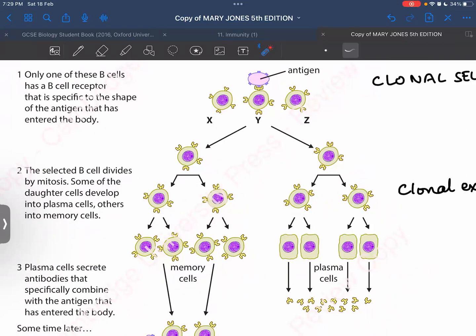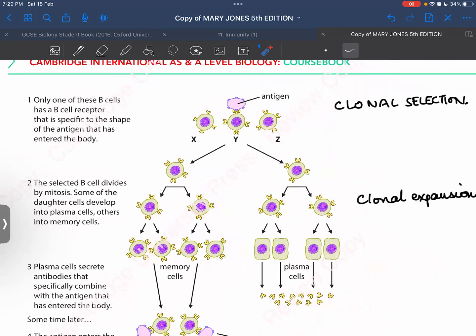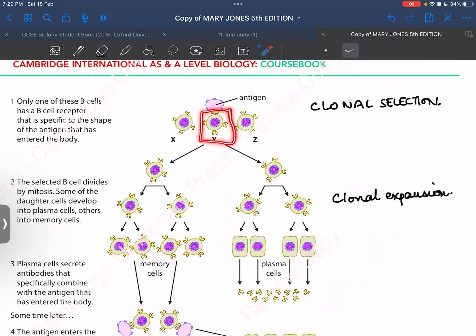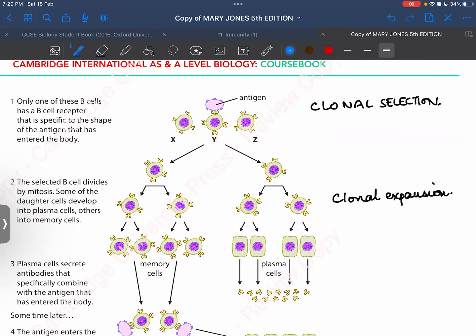तो ये वाले जो B cells हैं, they are selected and they are developing into plasma cells, और ये वाले जो B cells हैं वो memory cells में develop हो रहे हैं। तो हम ये कह सकते हैं कि at this stage, ये वाली जो stage थी ना जिसमें हमने selection की थी, तो it was a clonal selection, क्योंकि यहाँ पे तो एक ही cell दिखाया है ना, in reality there is a clone of cells, बहुत सारे cells हैं, ठीक है। तो this clone of cells is selected।